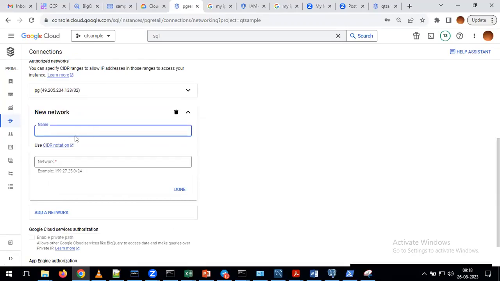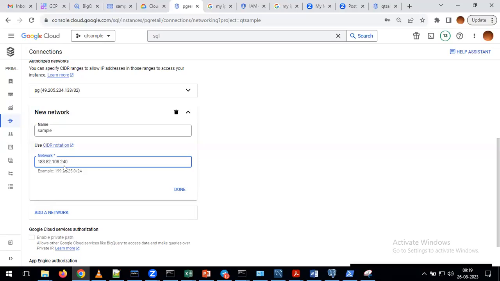Okay. It is asking for some name. So please give a name. You can give any name. You can give sample or you can give your name, any name. Just give a generic name. After that, it is asking for the network. So please give your IP address. Whatever IP address you copied in the previous step, please give that IP address.